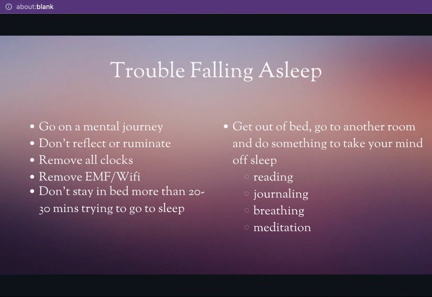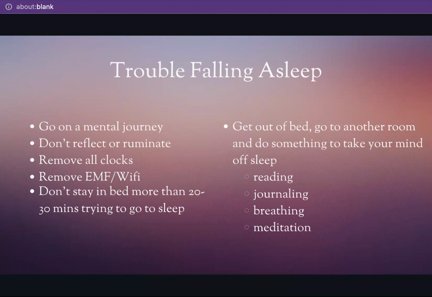You don't want to spend your time reflecting and ruminating. This is something I am totally guilty of. I get in bed and then with the intention of playing out all my issues in the middle of the night. Something about nighttime allows you to reflect, but can also really focus on the negative parts of things, all the things that could potentially go wrong. And so, again, you want to distract your mind from doing such things. So, listening to maybe a sleep story or doing some meditation, doing some deep breathing, things that get your mind off the activities of the day.